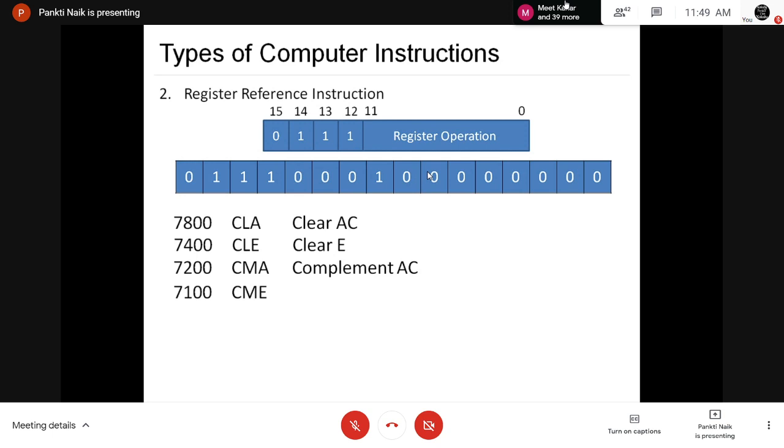Next is CME. CME is complement of the E register. Next is CIR, that is circulate right AC and E. Whenever you want to perform a circular right of the accumulator content and the E register content, then use the instruction CIR.